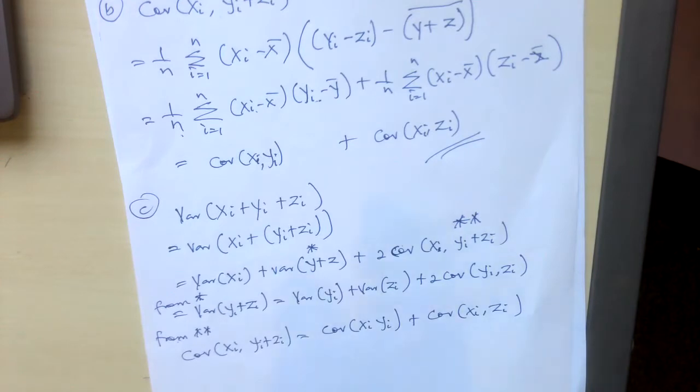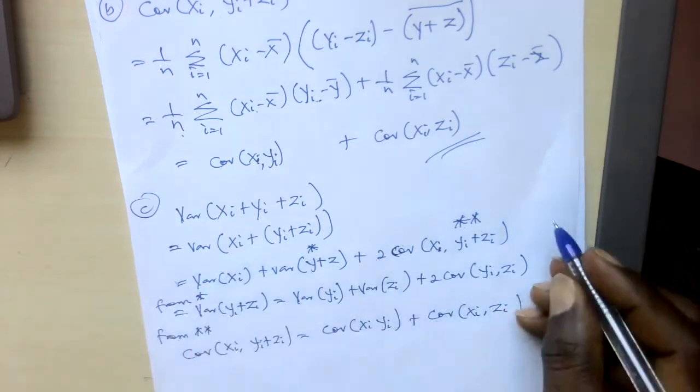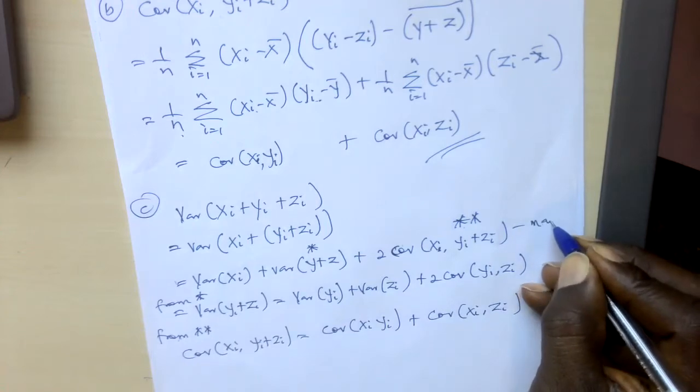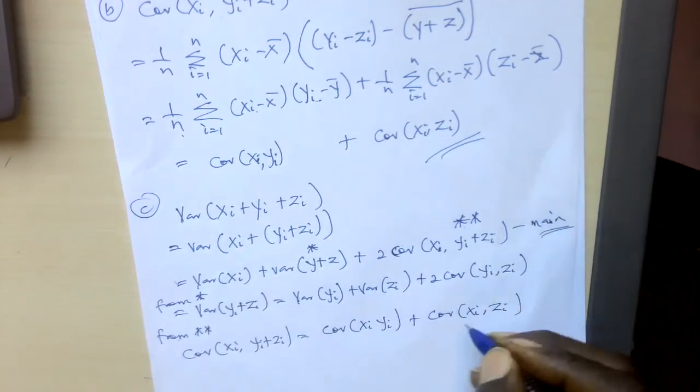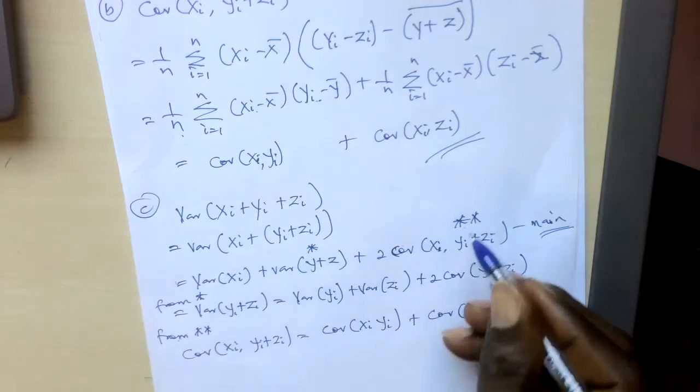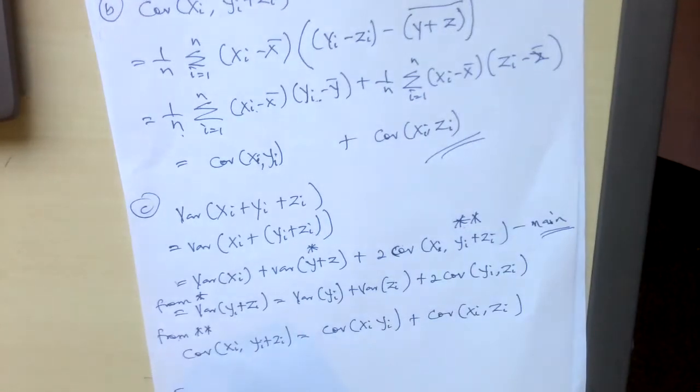So if you now substitute star star and star into this main equation, let's call this main, we arrive at